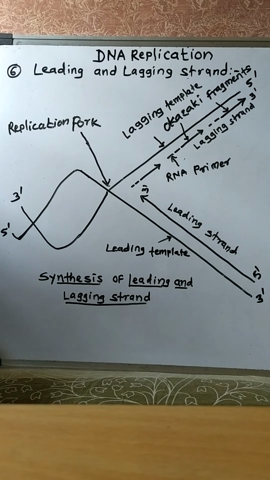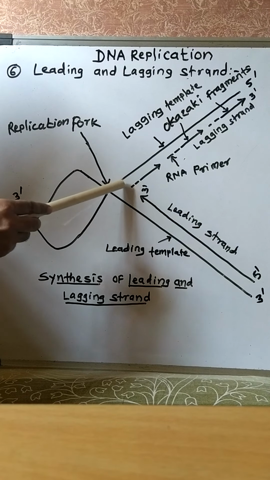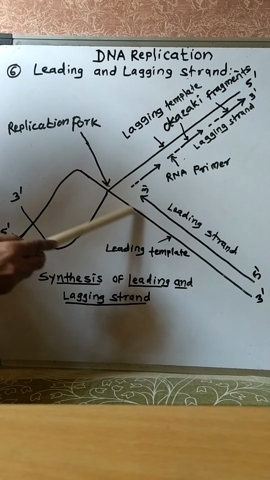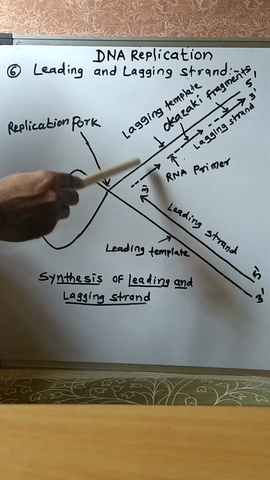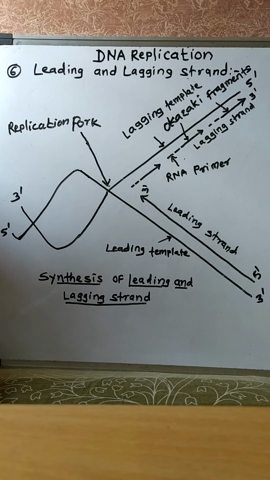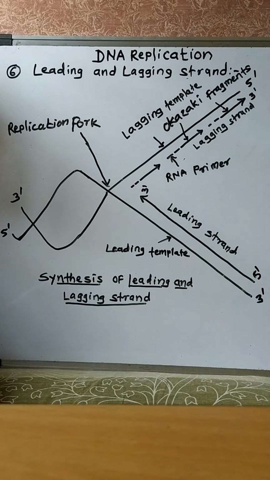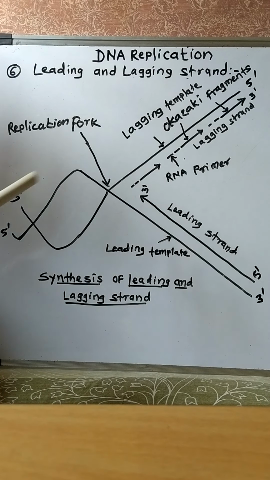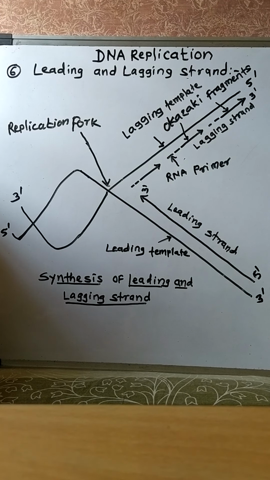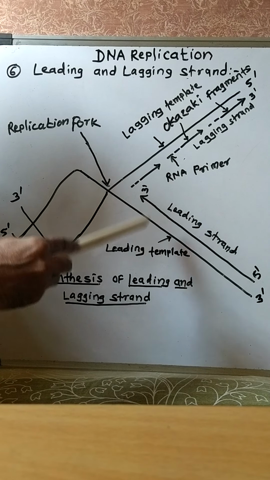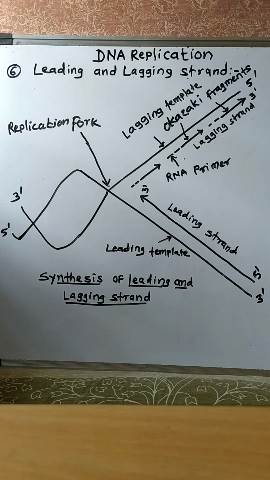So in this way, finally, this DNA gyrase or topoisomerase enzyme forms the double helix. The new DNA strands are developed opposite to the parental strand, and afterward these two strands get helically twisted around each other. This process is under the control of which enzyme? Topoisomerase or DNA gyrase. By removing SSBP, single strand binding protein, it can be neutralized, and then the newly synthesized strand and old strand get helically twisted around each other.